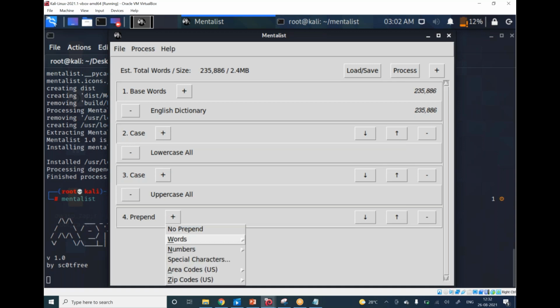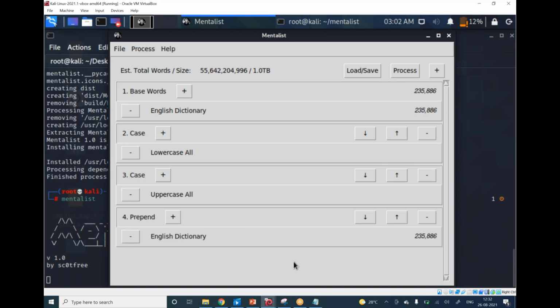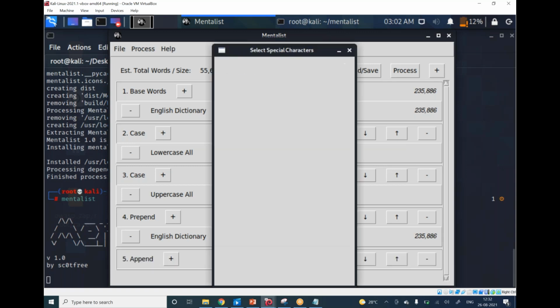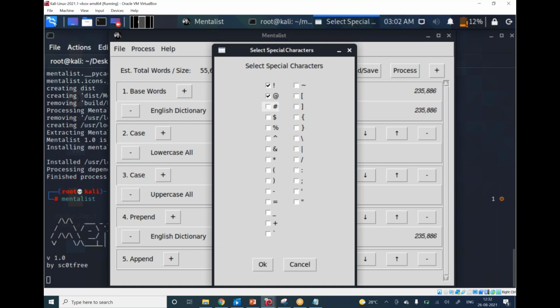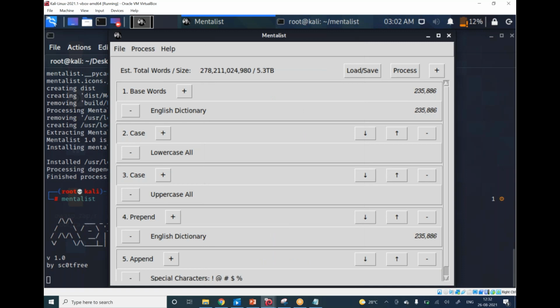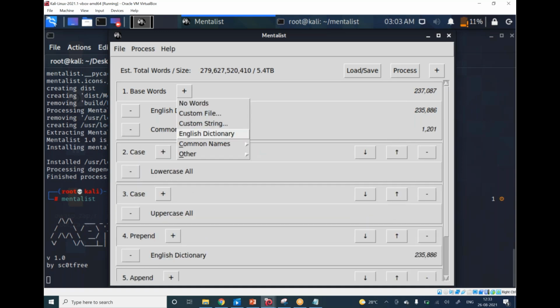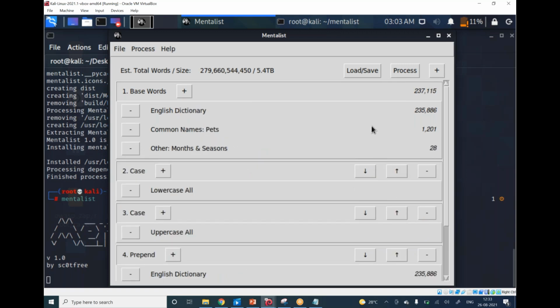I want all the words which are in the English dictionary, and append means after the words I want all the special characters. Click on OK. So this is all graphical representation, and then you have an action. See, base word. Apart from that, you want names, so I want all the pet related names. It's there. Then if I want any other slang, month and season also, why not? Right. So this is how I will build it.